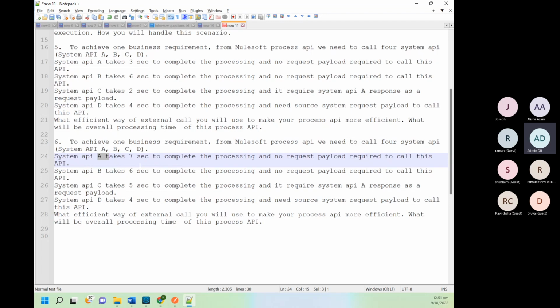What is the maximum time for this? 7 seconds. So scatter-gather will take a maximum of 7 seconds, and then we need to execute C. So 7 plus 5 is 12 seconds. Is it clear for everyone or not?